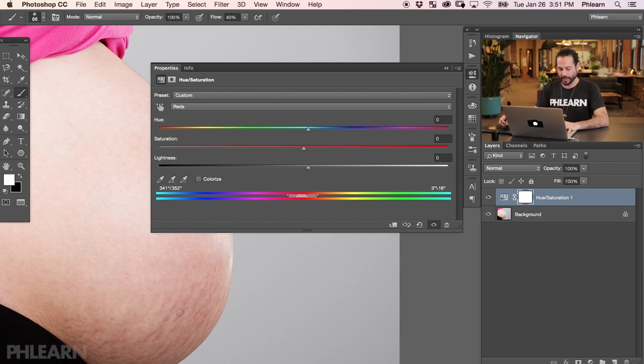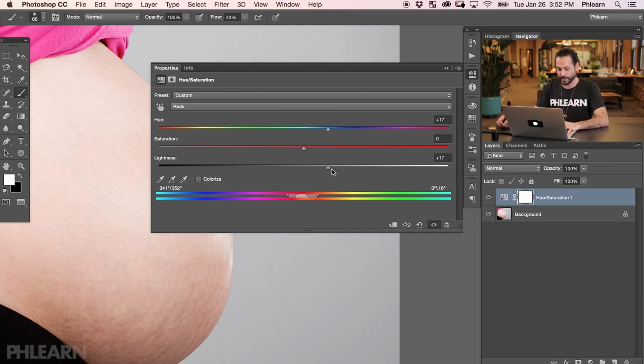What I wanna do is bring these to a little bit lighter, and I wanna take the color and go a little bit more towards the rest of the skin. So we're gonna take our hue, and I'm gonna start dragging this. You can see if I drag this to the left there, kinda gets a little bit purpley. If I drag this to the right, look at that. It starts to become a lot more like the color of the skin, right? It's basically, we're targeting the red, and I'm changing the hue to be more like the tan of the rest of the skin.